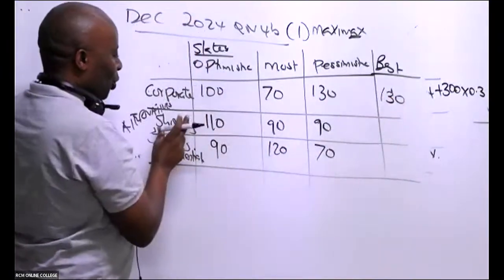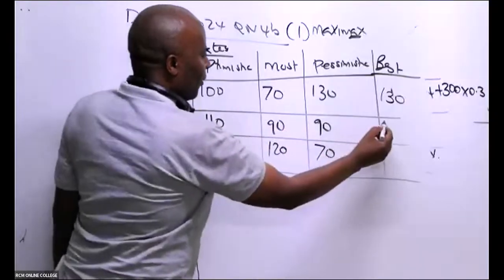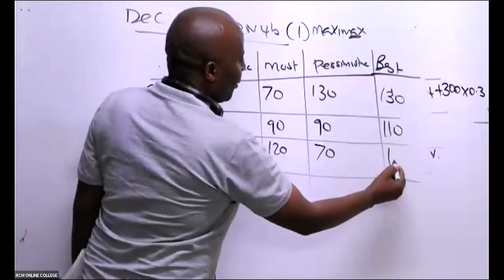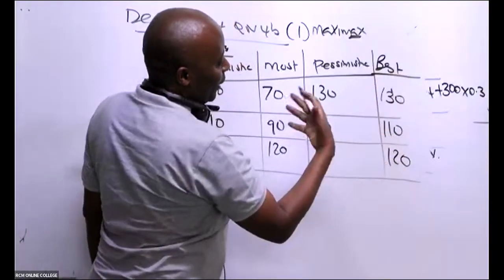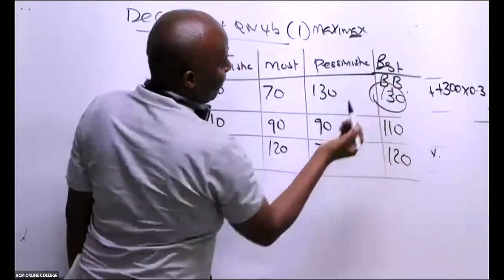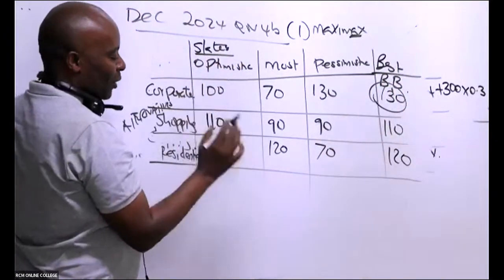130. If I go shopping, the very best is 110. If I go residential, the very best is. So out of all these, which one is the best of the best? This Koya BB, best of the best. And therefore, if it's a maxi decision,